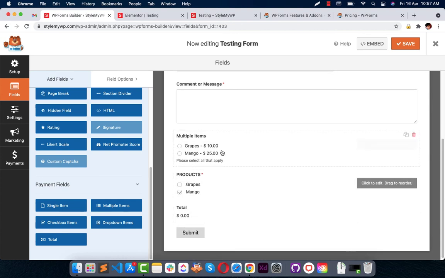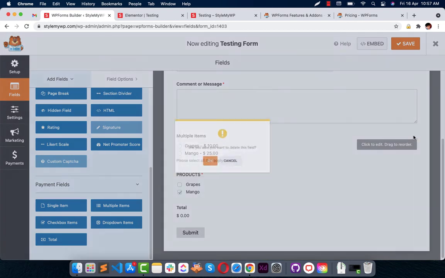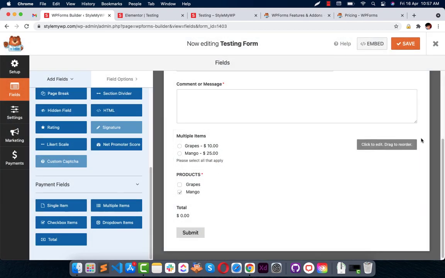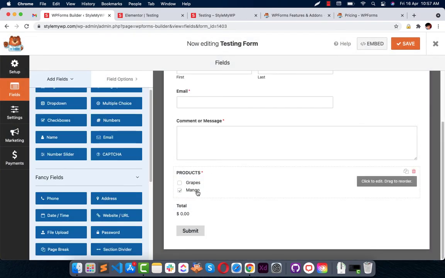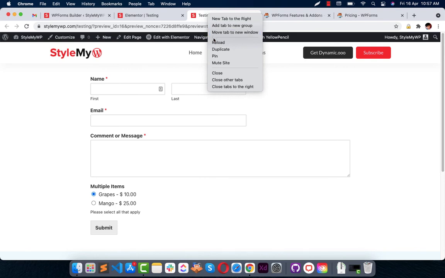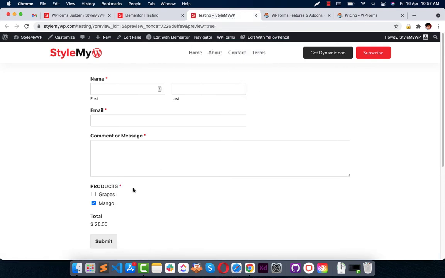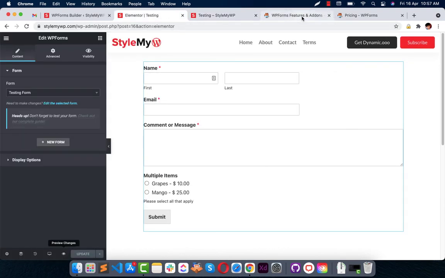What are the products they use, it will be shown as a total, and it will not show the pricing if you hide the price like I did. So let's save the form, refresh your page. Here you can see, okay, so the total will be shown to the users. So it's definitely a great way to create forms with WP Forms.